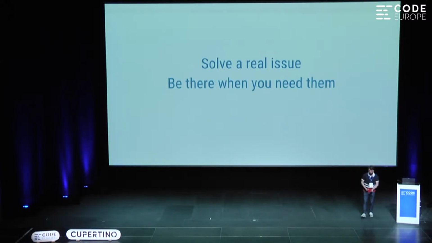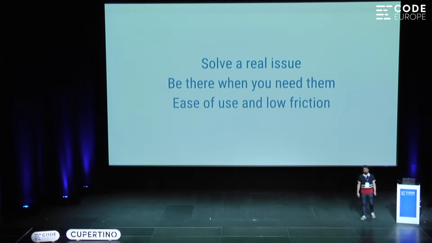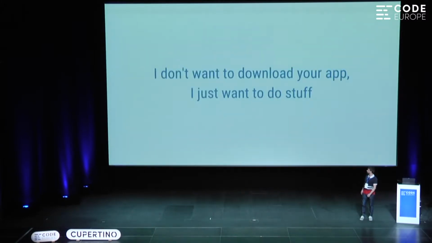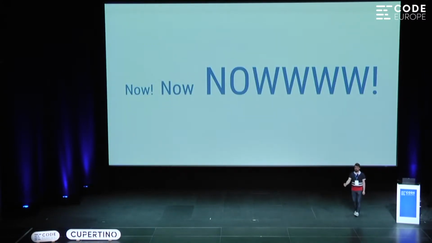It's not like, I need to find this app and figure out where it is. Did I even install it? No, it needs to be easy to find things, like just talk to your device or have a button on the wall, something simple. This is also what I call low friction. You don't want to confuse your user. You want the user to be happy. And people are getting really tired of downloading apps. You just want to do stuff, and you want to do it right now.